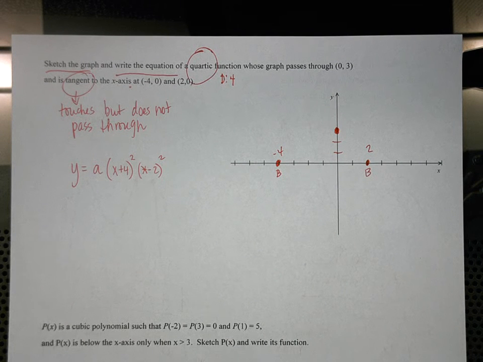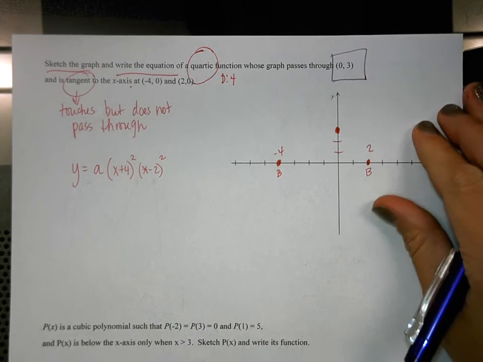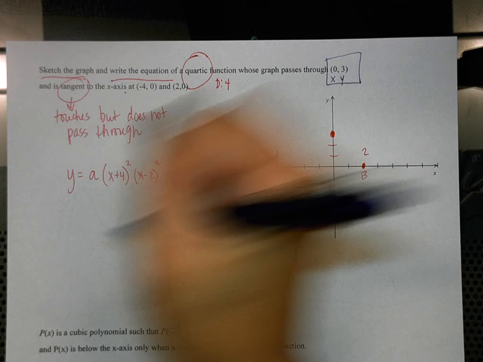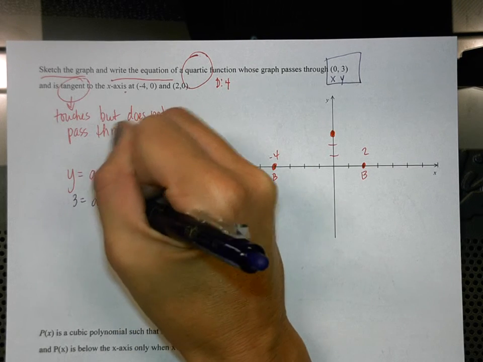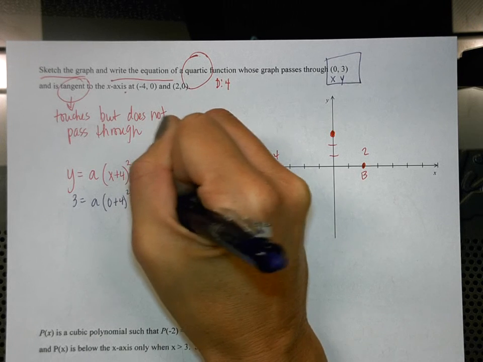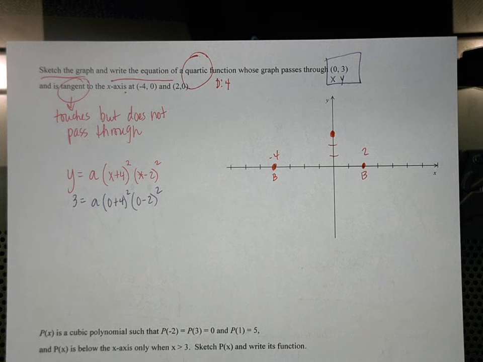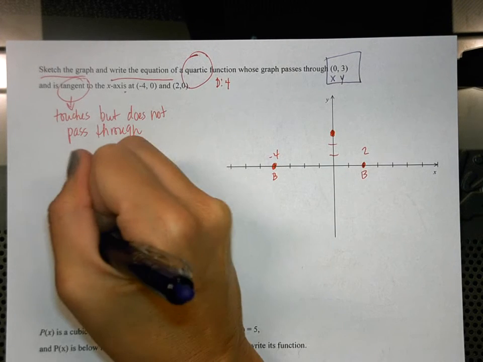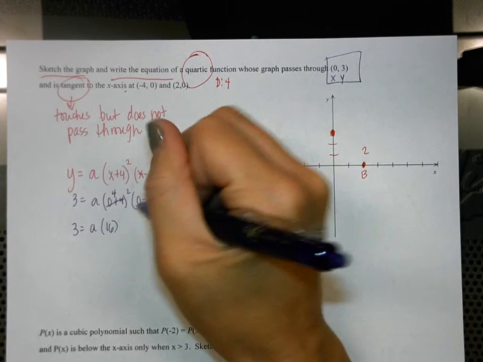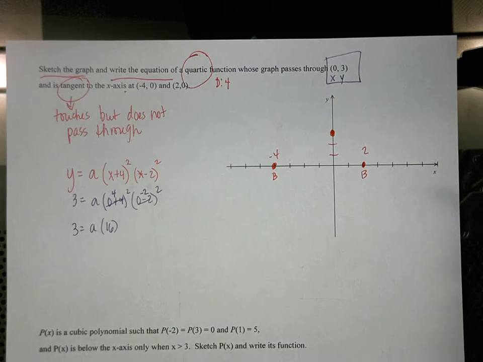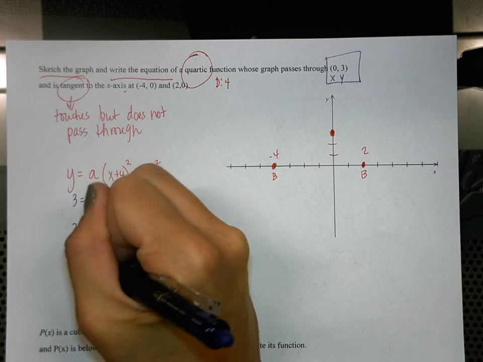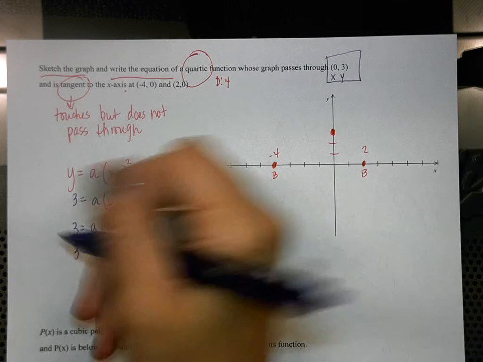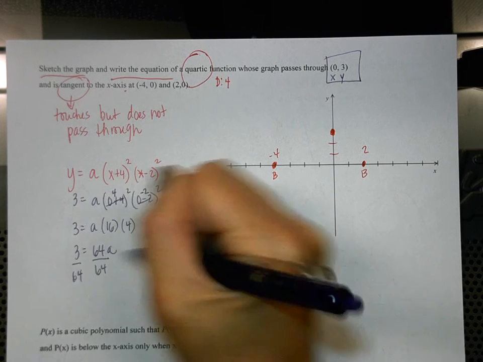So in order to find our a value, we want to take our y-intercept value, or any value that's not on the x-axis. So 0, 3, and we're going to plug it into our equation. Okay, so again, this is my x and y value. So we get 3 equals a(0 plus 4) squared times (0 minus 2) squared. Okay, so 0 plus 4 is what? Is 4, and then 4 squared is what? 16. And then 0 minus 2 is negative 2, but then negative 2 squared makes a positive 4. So now I have 3 equals, and 16 times 4 is, good, 64a, and then in order to get that by itself, we divide by 64. And so a equals 3 over 64,